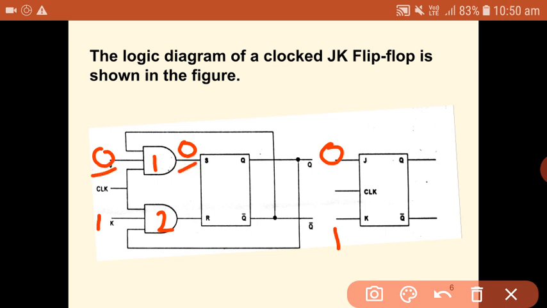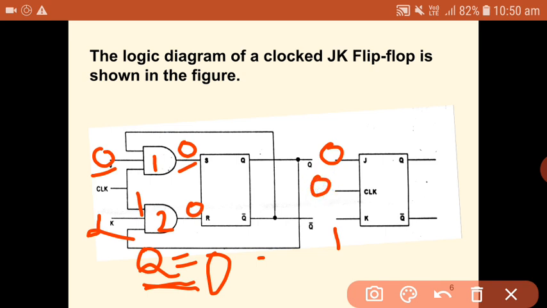And since here I am applying K is equal to 1, and the clock is also equal to 1, the output depends upon the other input of the second AND gate, which is nothing but Q. Let us say for the time being that Q is equal to 0. If Q is equal to 0, then the output of the second AND gate is also equal to 0 because one of the inputs of the second AND gate is also 0. So for R is equal to 0 and S is equal to 0, again there is no change in the output, so Q remains 0 because I am assuming Q to be equal to 0.